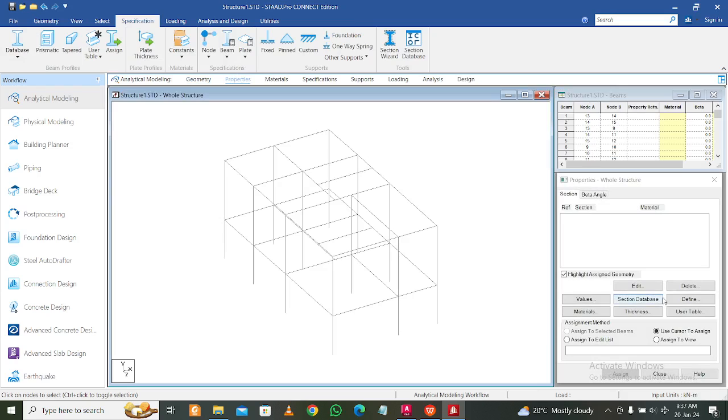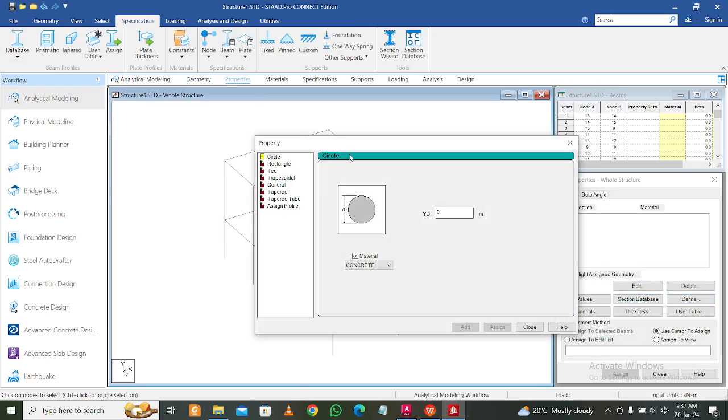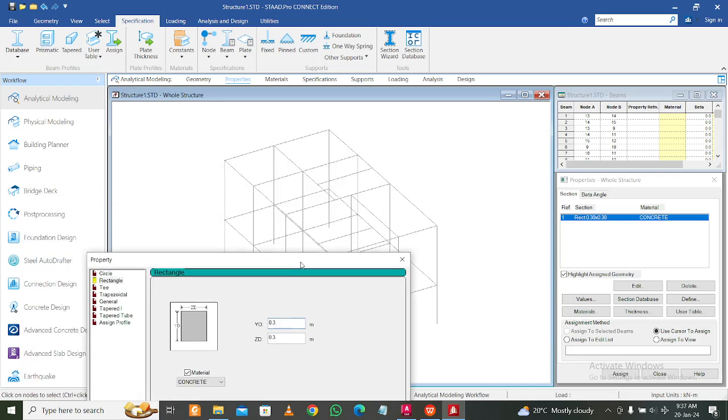So let's define the properties here. Go to define. Our building is in seismic zone 5. In seismic zone 5, the minimum size for columns is 300 mm. You cannot give less than that. So 300 into 300, click on add, and then the next size which you're going to add is for